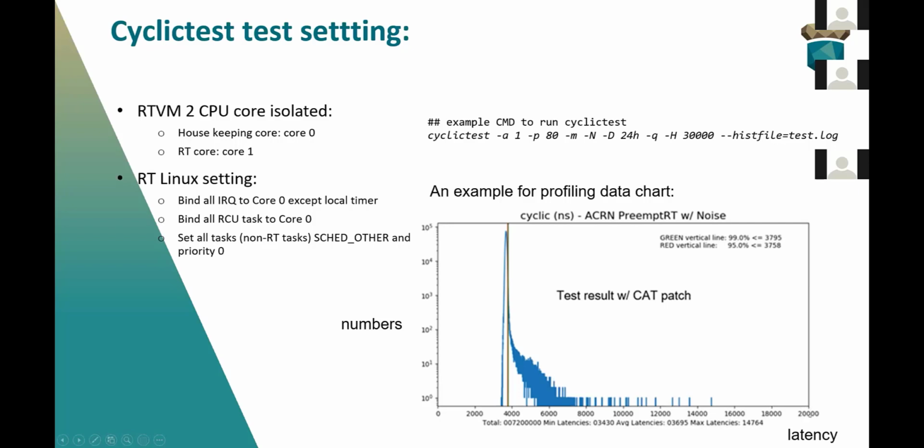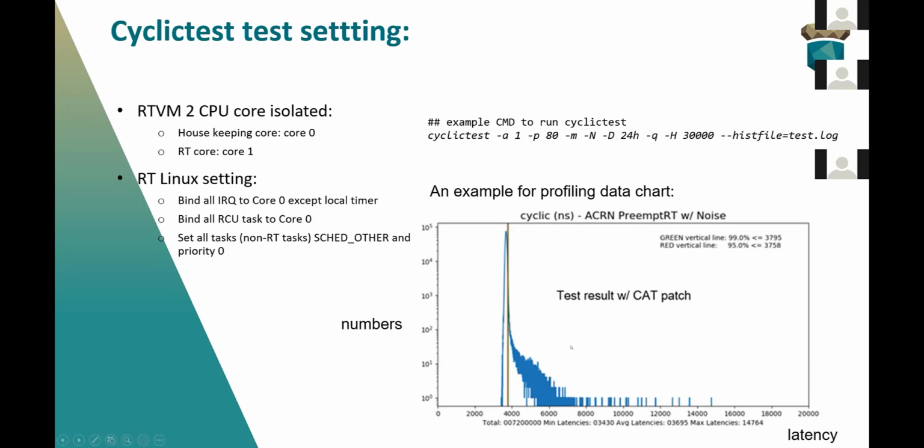The unit is nanoseconds. So we can see for most of the test points, it is smaller than 4 microseconds. But we can see there are still some outliers. It is more than 10